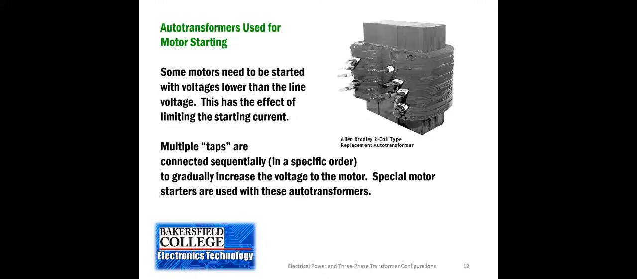I'll show you how they're used in motor starting in a little bit, but you can see that this is a 2-coil version of an autotransformer, and you'll see that there are multiple taps, multiple connection points. So they'll wind a number of turns and then they'll come out to a tap, and then they'll come back with another number of turns, they'll come out to another tap, then they'll come back and do another number of turns and so forth